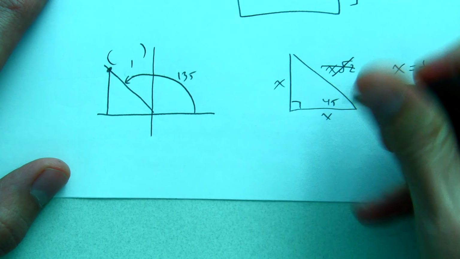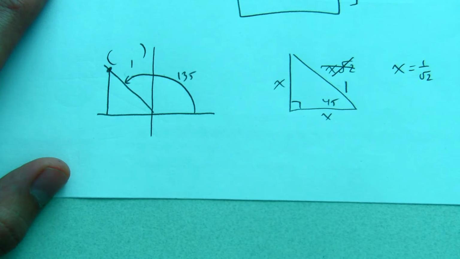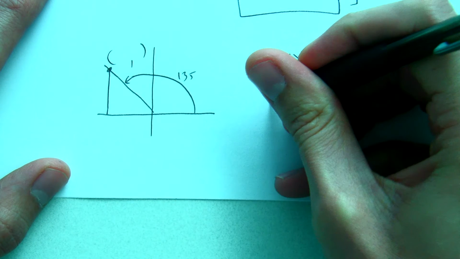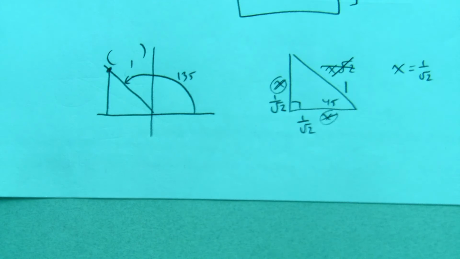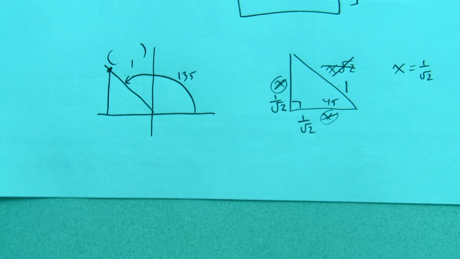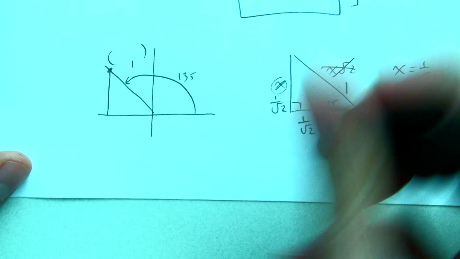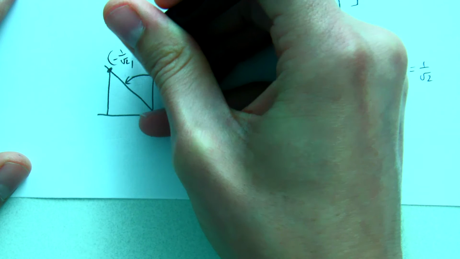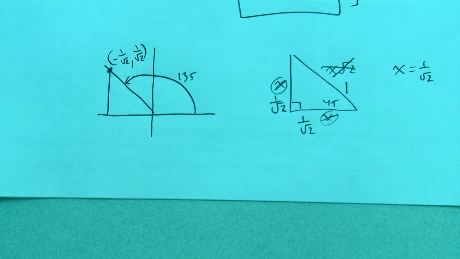The hypotenuse becomes 1, and each of the side lengths becomes 1 over root 2. Now, the coordinate here is negative 1 over root 2, comma positive 1 over root 2. I'm looking for